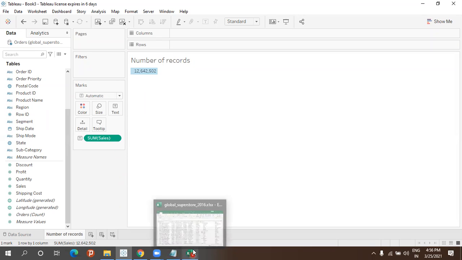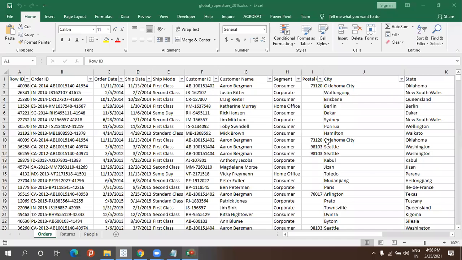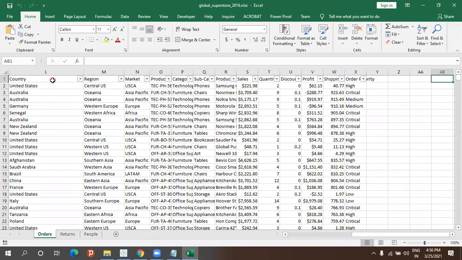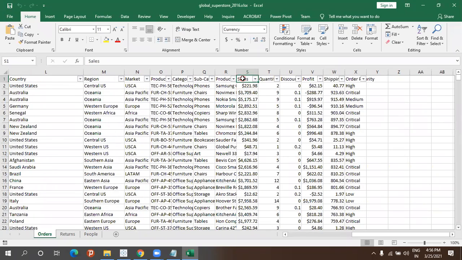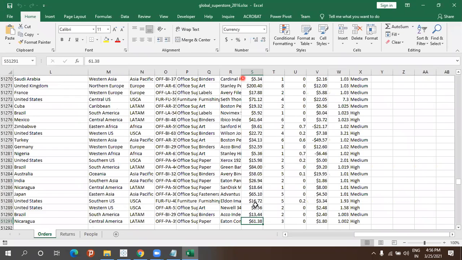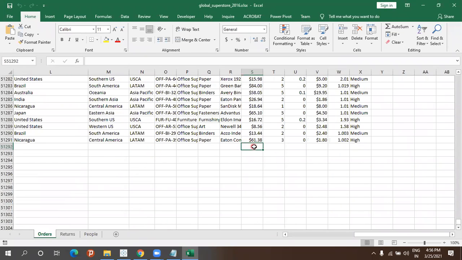Now let me come here. For the total sum of sales, you come down here where we have sales. Can you see the sales here? When I come down, let me click here and press Control plus down arrow. When I come to the last place, I'll press Alt plus equals, which will do auto sum in this place.